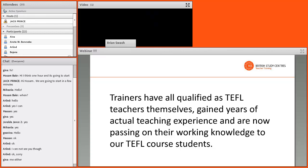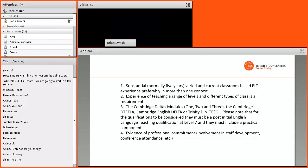And I'm going to use a driving analogy here. It says they gained years of actual teaching experience. Now, very often, when you learn how to drive, when you're taking your lessons and doing your tests, you follow the rules exactly. You've got your hands in the right position on the steering wheel, you're checking your mirrors when you're supposed to. Once you've passed your test, those things become less important. And that sometimes happens with teaching as well. Sometimes as teachers get more experience, they start to cut corners. So a teacher having lots of teaching experience doesn't necessarily mean that they will make a good trainer of other teachers. However, on the Celta course, it's a very rigorous process that trainers must go through